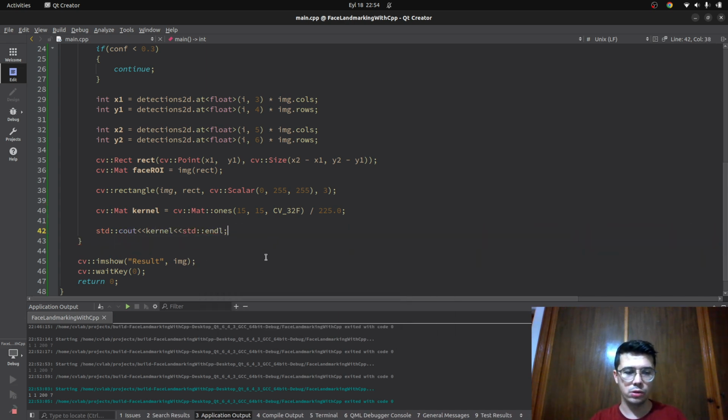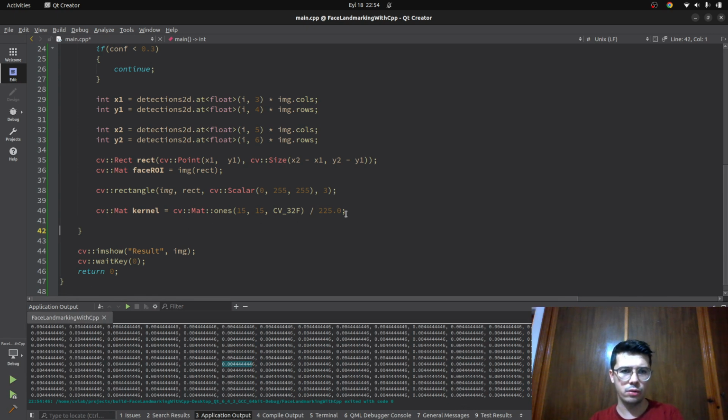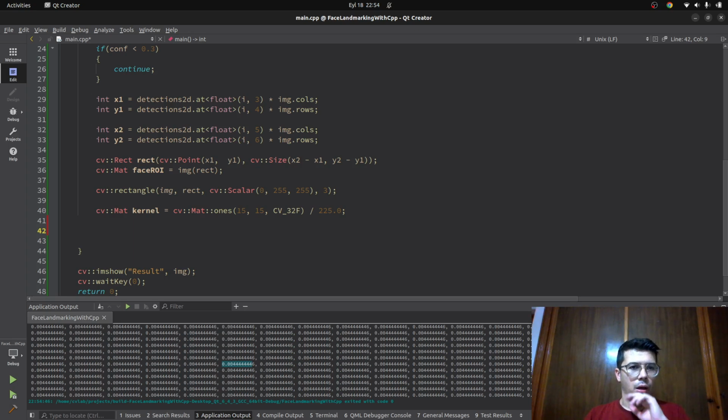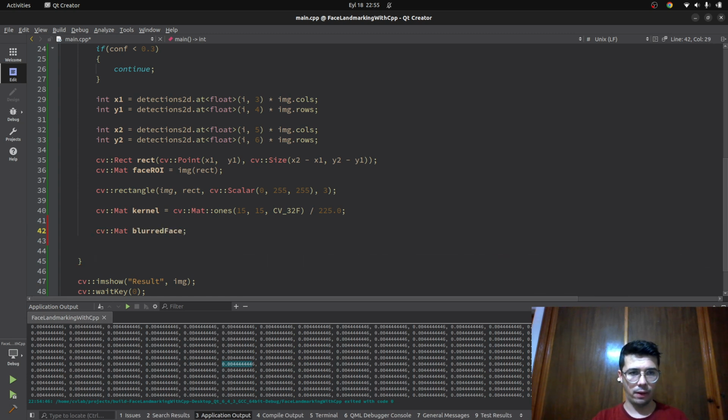And let's see how it looks. Yeah, you see, this is equal to this value. So we created our kernel for the filter2D function. Now I want to blur my face ROI. For that one, I need a blurred face, and this one is going to be